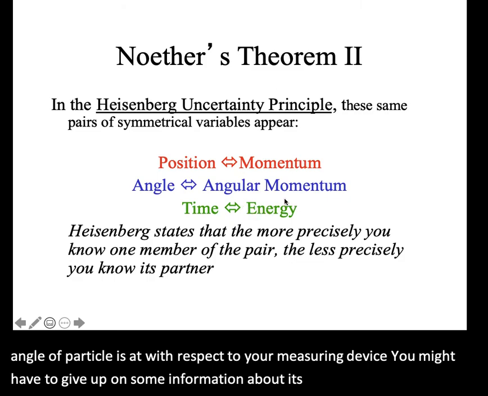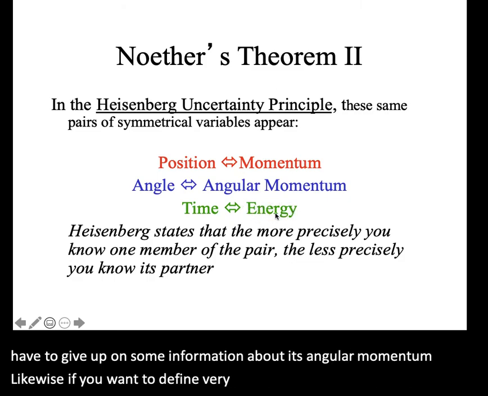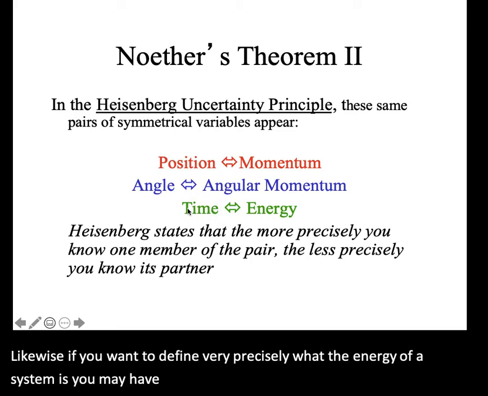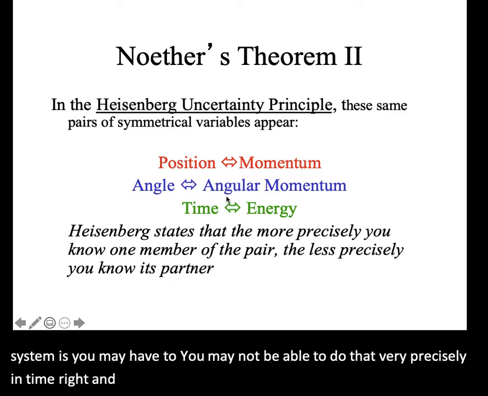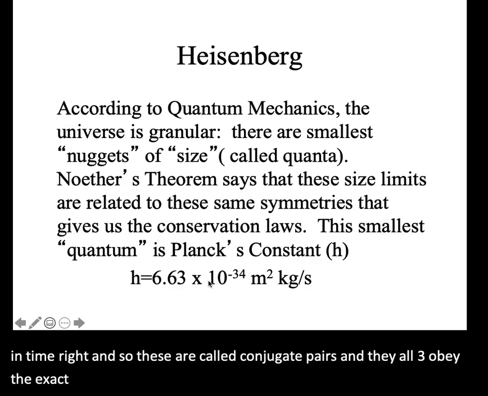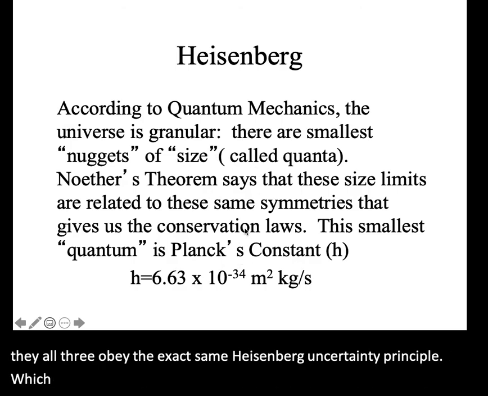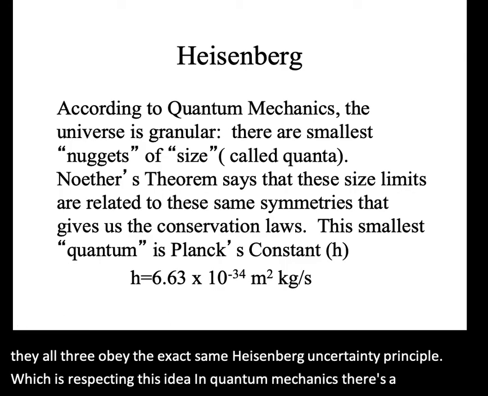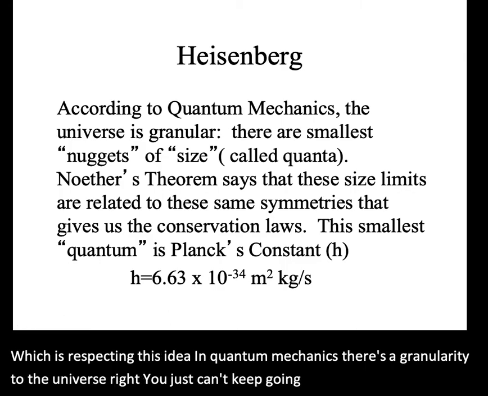Likewise, if you want to define very precisely what the energy of a system is, you may not be able to do that very precisely in time, right? And so these are called conjugate pairs, and they all three obey the exact same Heisenberg uncertainty principle, which is respecting this idea in quantum mechanics that there's a granularity to the universe, right? You just can't keep going smaller and smaller. It's not infinitely regressive,